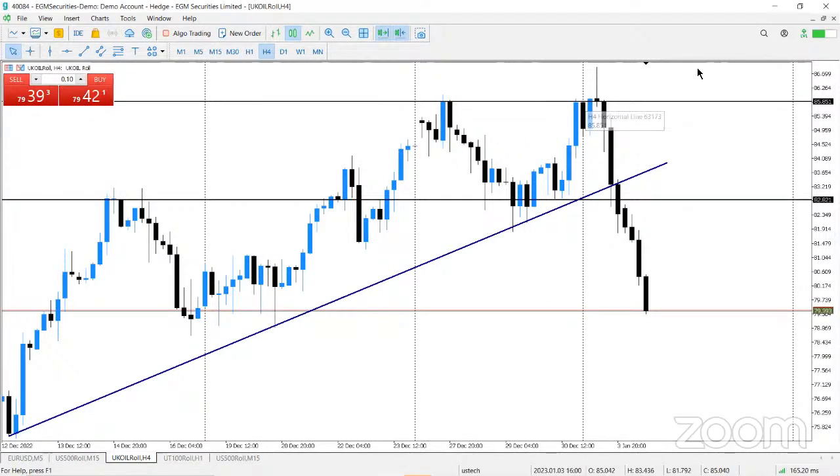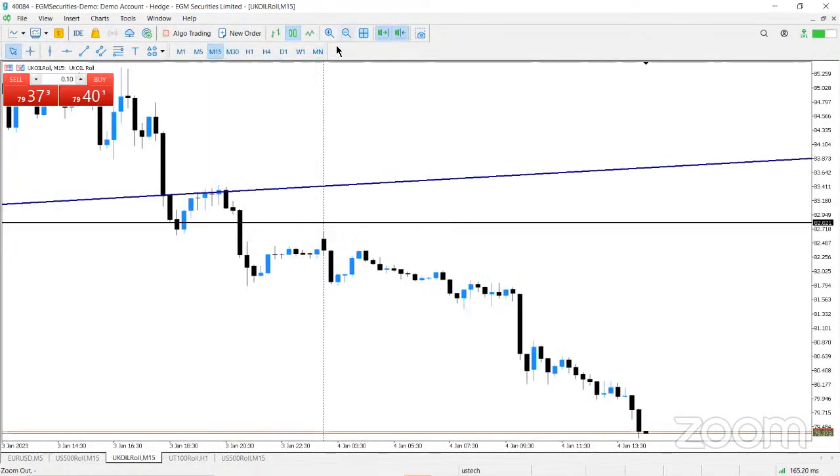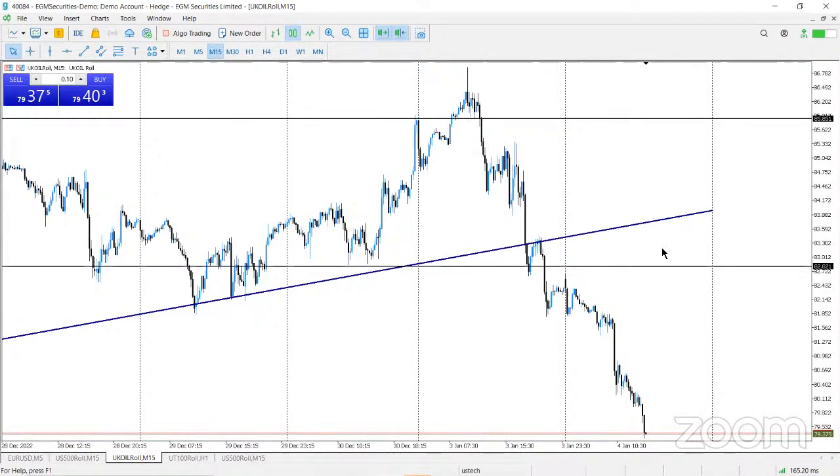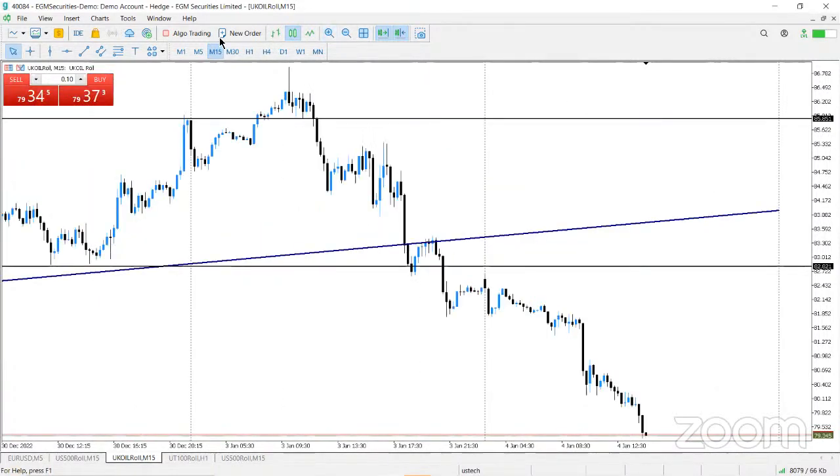So in this case, if you missed this move, it brings us to our next type of entry, which is a breakout and retest. I'll go to a much smaller time frame now, because now we know what is the driving force behind this downtrend, because the downtrend started all the way over here. And now that you know what the driving force is, you can try and chase this trend for as long as the larger hypothesis still stands. And in this case, because we're in a downtrend, we know we can look for lots of plays to continue shorting this trend. So if I was to just zoom in